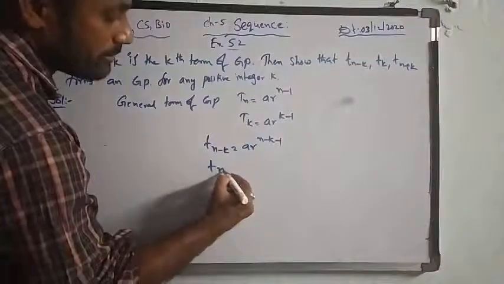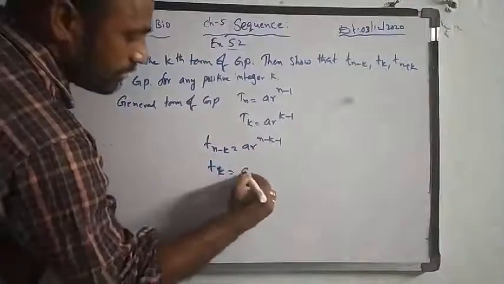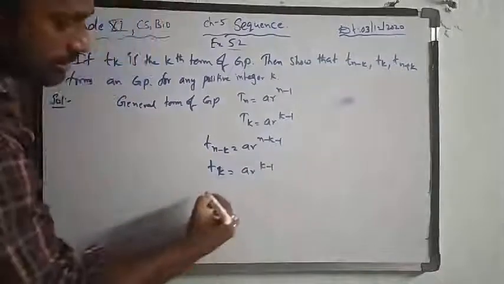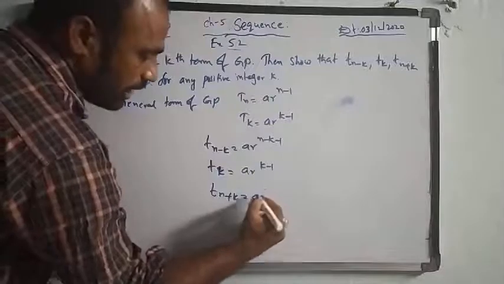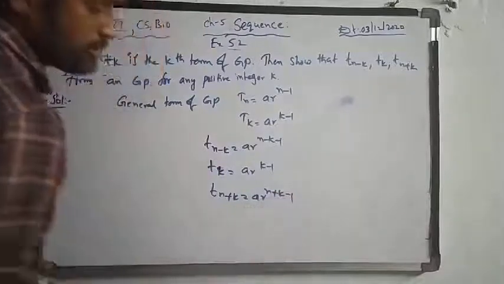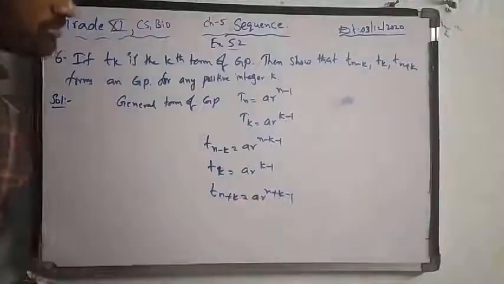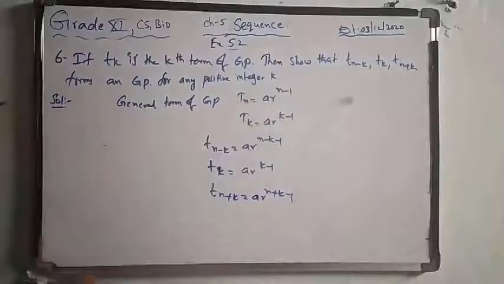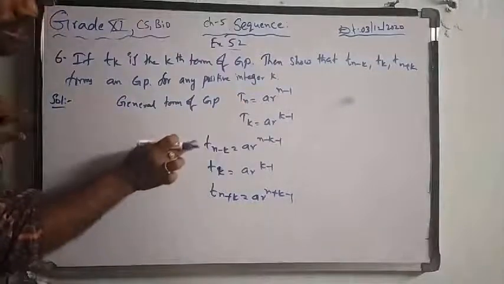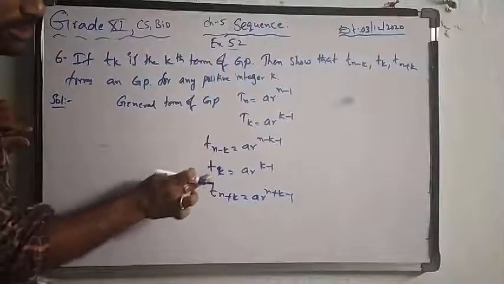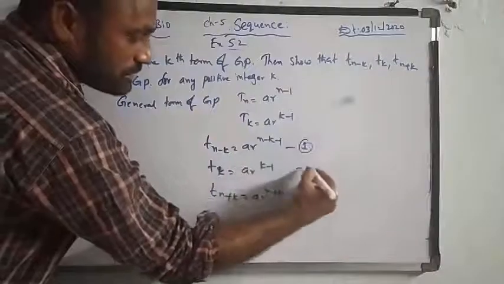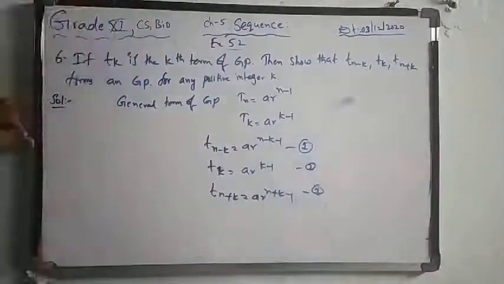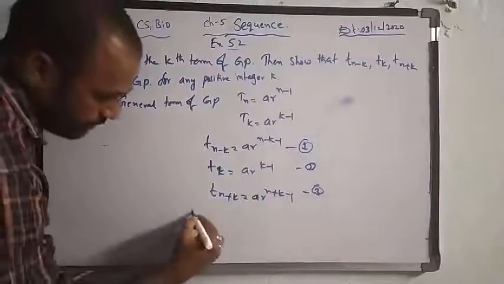Next, Tk, we already know, is ar^(k-1). T of n plus k is ar^(n+k-1). Whatever this value is, n minus 1 will be the formula, ar^(n-1). So now I need to check whether T of n minus k, Tk, T of n plus k are in GP. So consider these as the first equation, second equation, third equation. In a GP, the common ratio will be the same. So divide